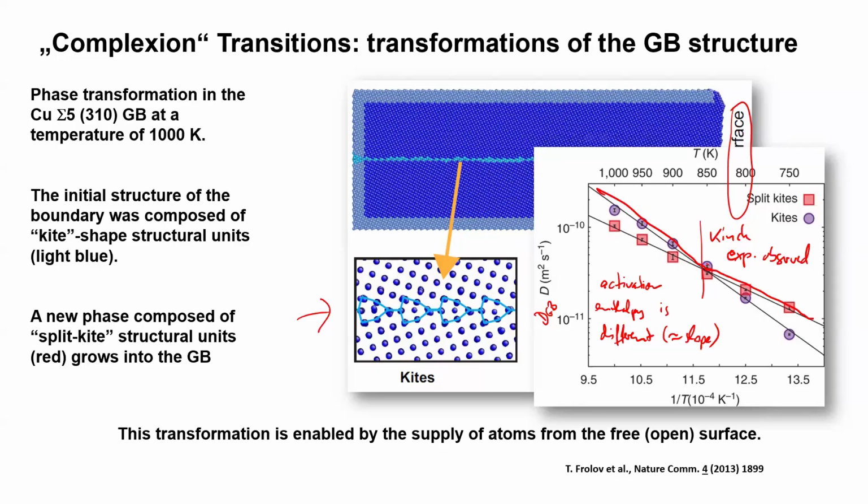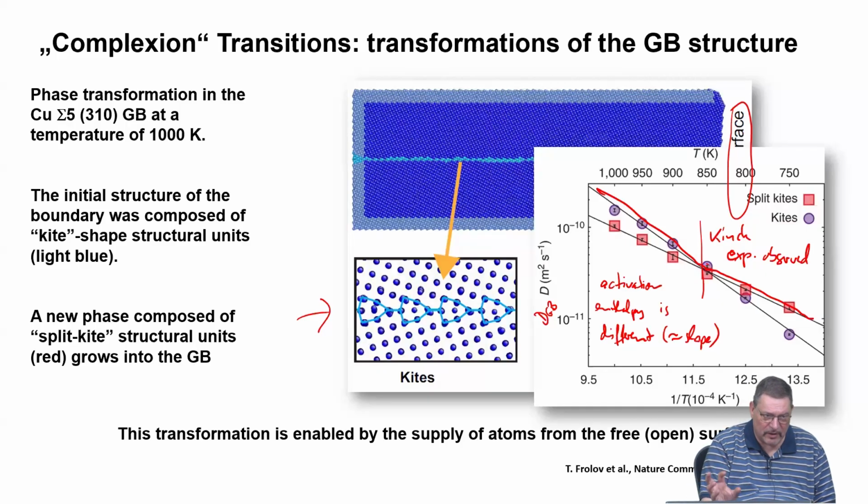You could maybe measure the local jumps in MD, not in experiment, but then you don't get the diffusion coefficient. What you get then is mean square atomic displacement. And you have this Einstein-Smoluchowski formula for relating the two, but in the boundary it's difficult because you also have jumps from the crystal core to the boundary, from the boundary to the crystal core. And so you cannot really make a very immediate connection between mean square displacement and diffusion.